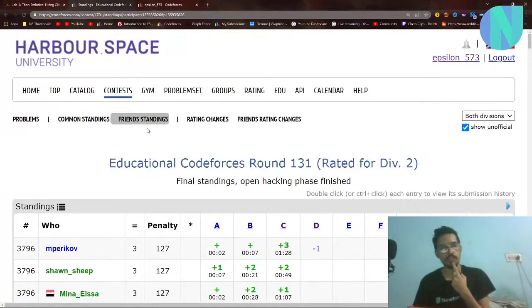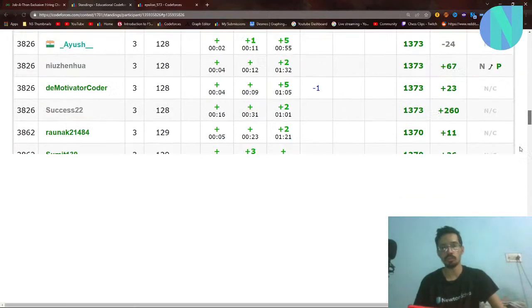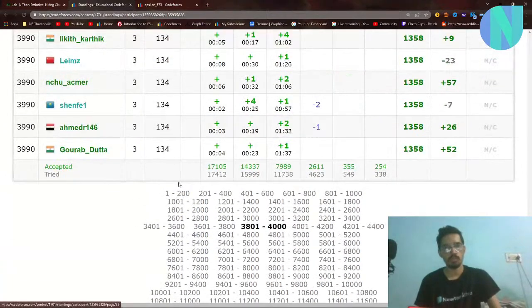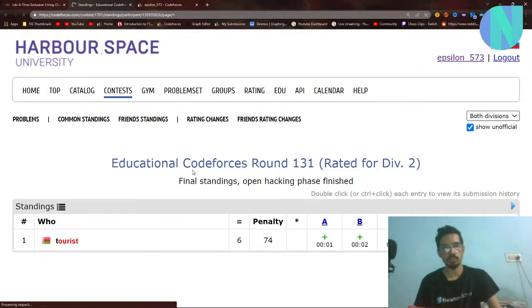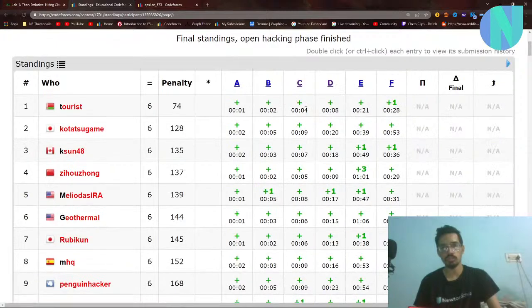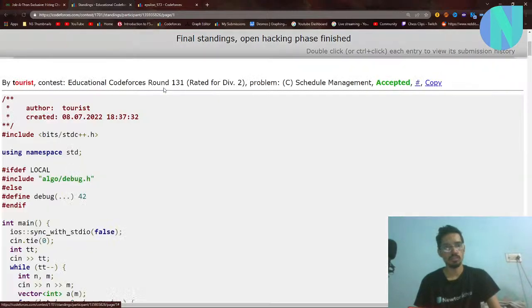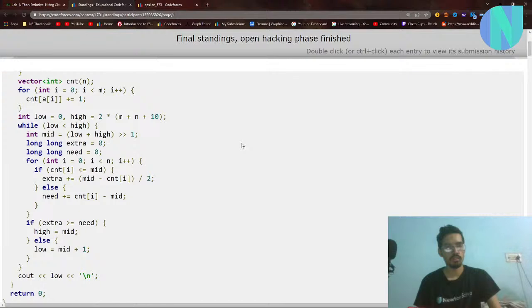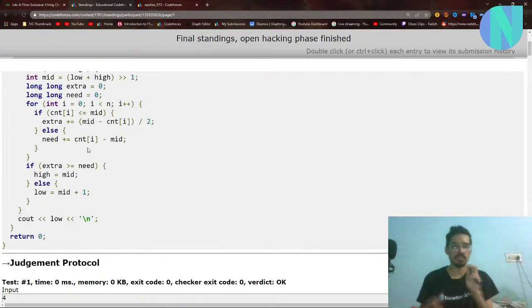So you should learn to implement. If we see the top solutions for the following problem, you will be able to see better solutions to this. If you see tourist's code, you can see you don't need anything. You just need some extra variable. I think that is enough to solve the problem. You don't need so much extra code.